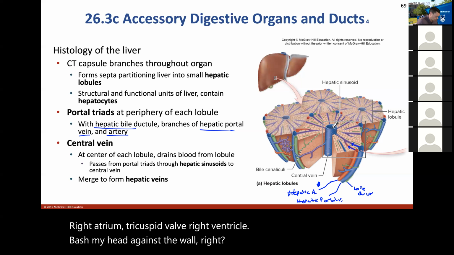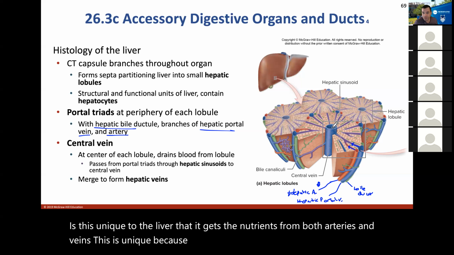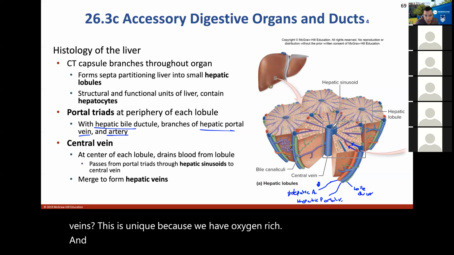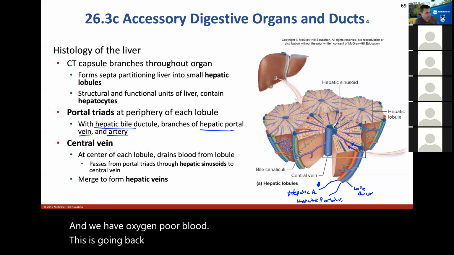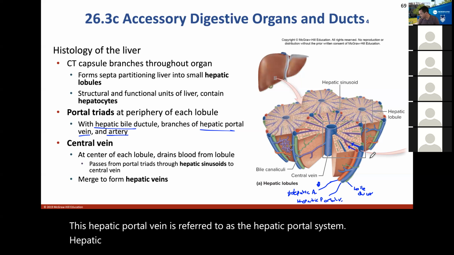Is this unique to the liver, that it gets the nutrients from both the arteries and veins? This is unique because we have oxygen rich and we have oxygen poor blood. This is going back towards the heart, right? These veins, by definition. This hepatic portal vein is referred to as the hepatic portal system. The hepatic portal system is just a series of